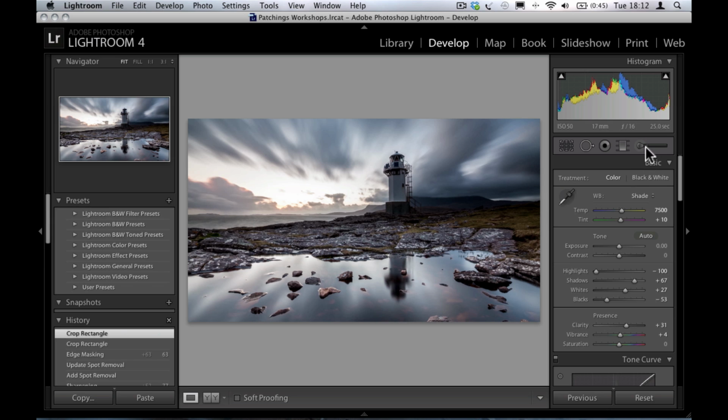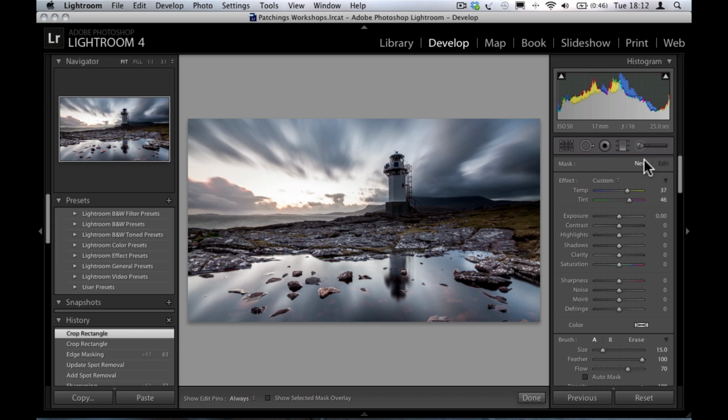What I'm going to do first, mind you, is I'm going to click on the brush tool, and what we can do now is work to maybe paint a little bit of light into this area here which was darkened. So we just drop our brush down a little bit, so we've got a reasonably small brush. That's big enough, yeah. We keep the feather at 100%. Flow tends to be about 70. That's almost like its